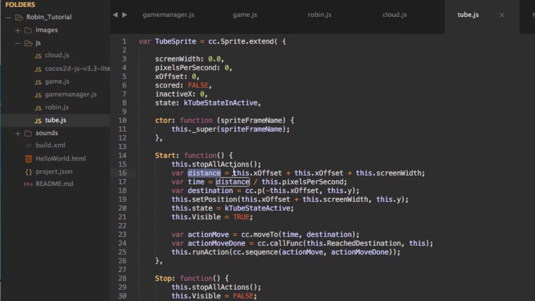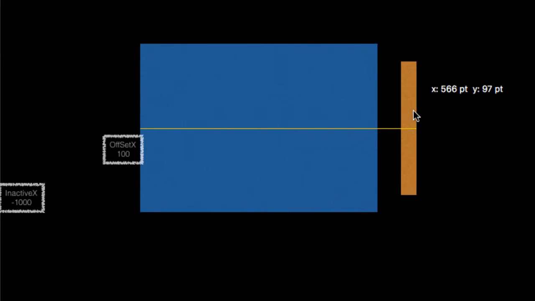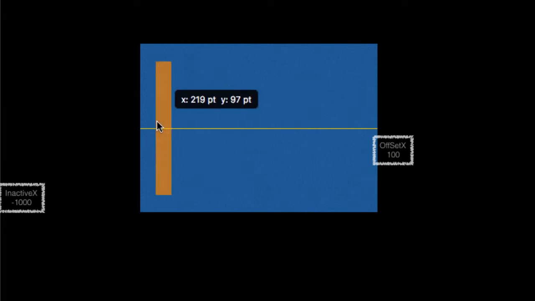We calculate the distance, which remember is 2 lots of offset x plus the screen width. Calculate the time, dividing the distance by the speed, and the destination, which is just off the x offset off the left-hand side of the screen, and this is y. So again, just to recap, it's put here with offset x, so screen width plus 100. The distance it needs to go is 1 offset x, 1 screen width, another offset x, and the